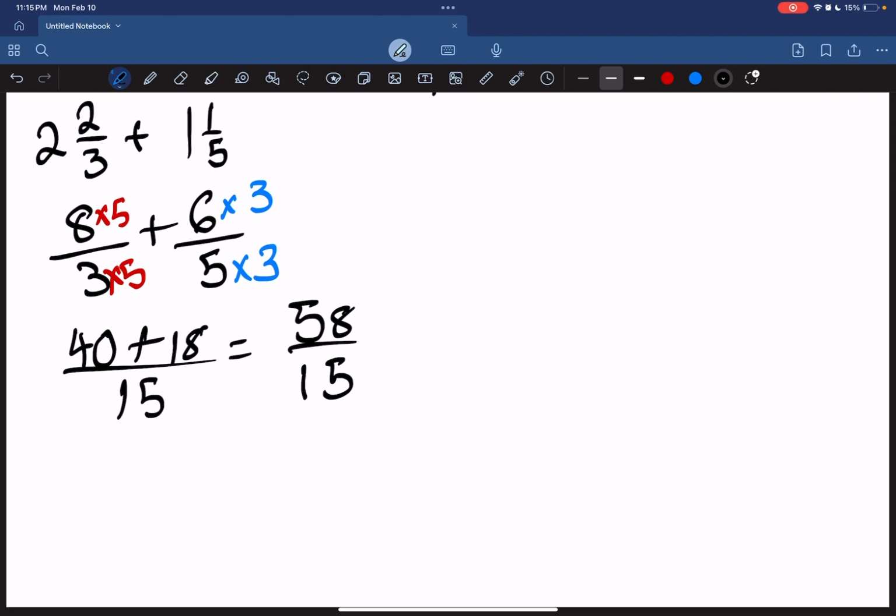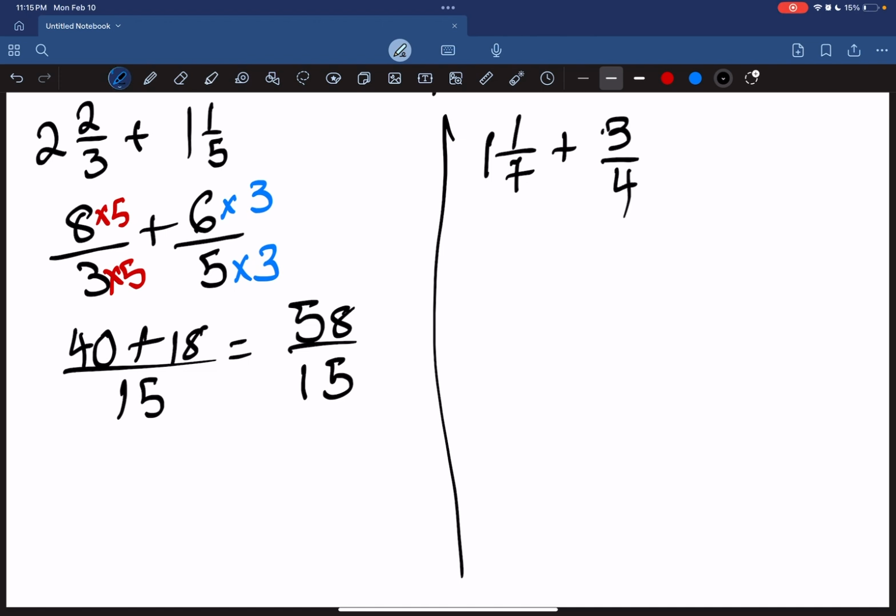So, that's basically working through addition and subtraction of fractions. We can do one more. Let's say I have 1 and 1 over 7 plus 3 over 4. Alright, so it's 1 times 7 plus 1, that's 8 over 7, plus the 3 over 4 remains. Can 4 go into 7 without leaving a remainder? No, it cannot. However, we know that once it cannot, let's multiply both of them together. 7 times 4, just use a calculator if you don't know, but that's